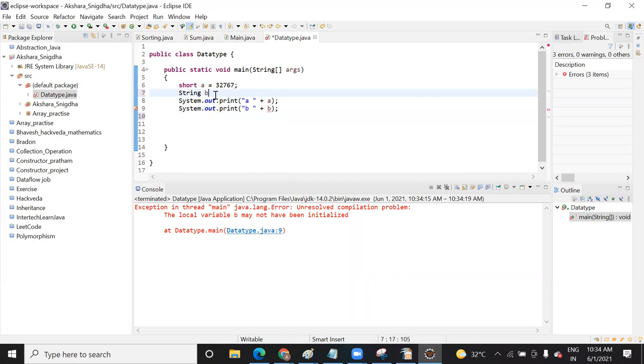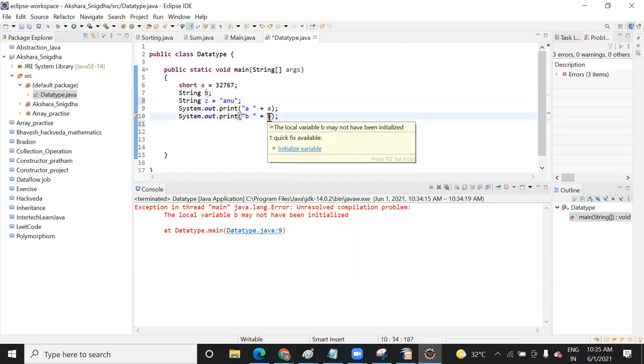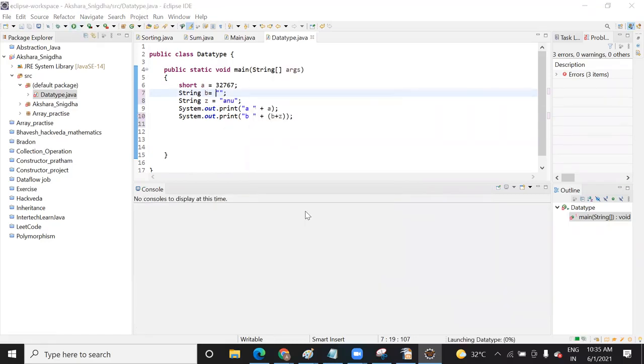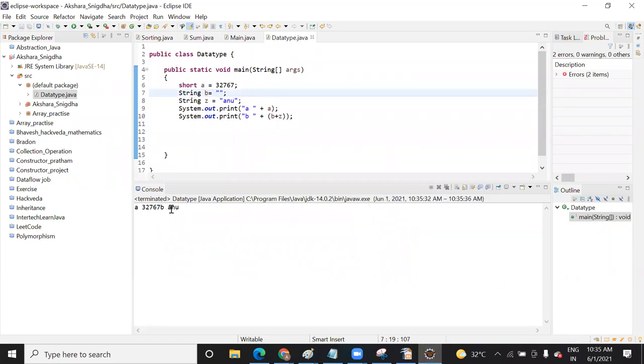Let's take one more variable. So it is working, right?